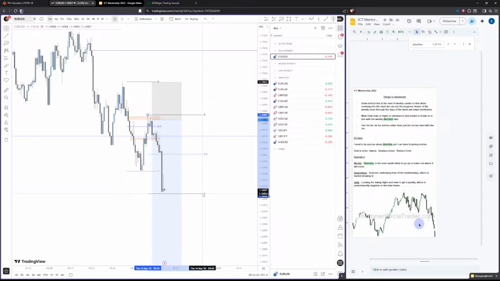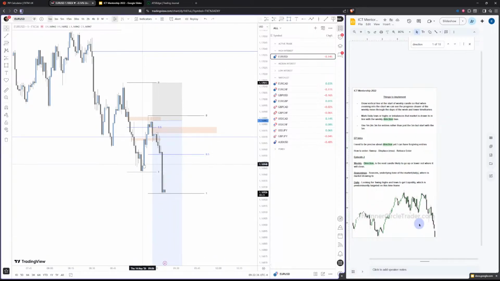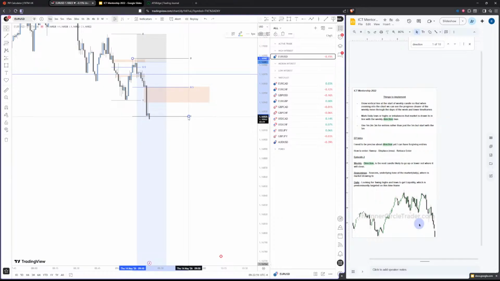So currently, the only entry we could take is if price was to come to this area here. But with this, I wanted to go down a bit more because I want to use this as an entry if it was to come back up, because it's in line with this blue candle, which is the area where price would reject from or act as order flow for institutions.